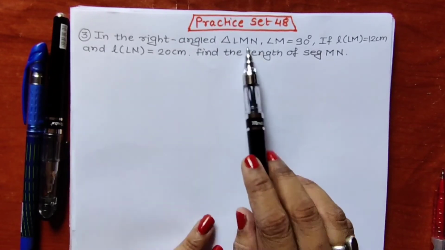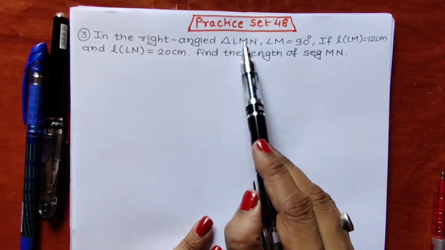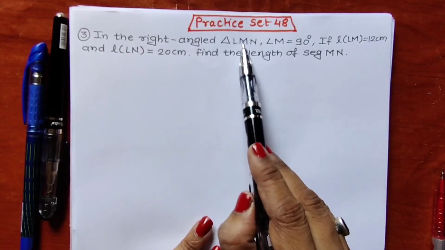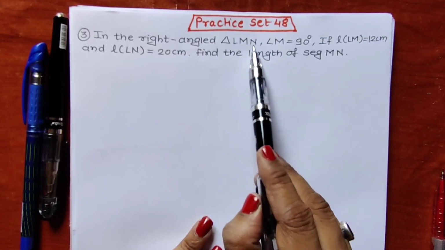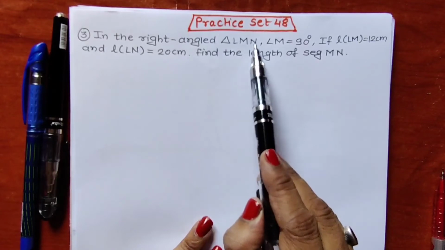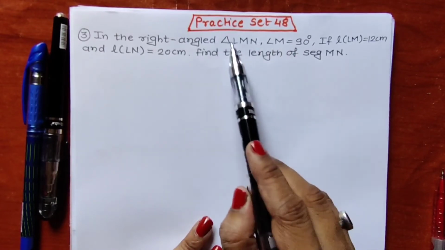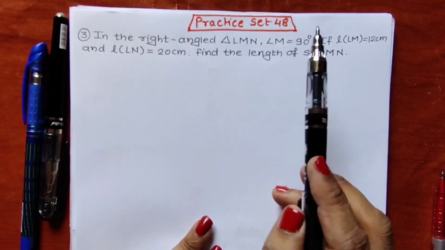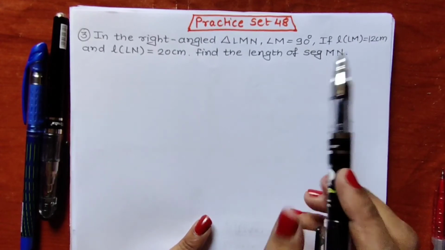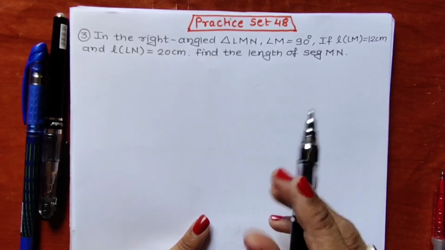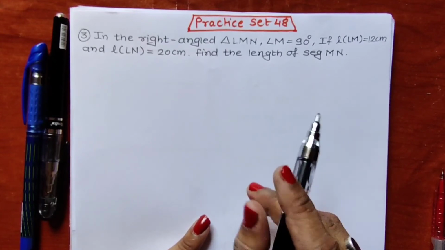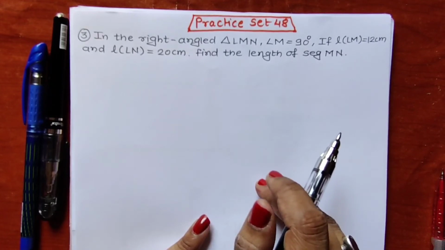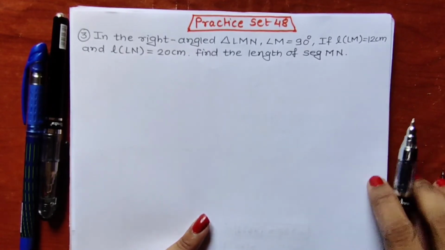In triangle LMN, this M is 90 degree. So that means what? At vertex M there is 90 degree angle. So of the remaining two vertices L and N, LN will make the hypotenuse. So from LN there will be hypotenuse, LM and MN will be base and height. So if you don't draw the diagram also, it will be okay. So without drawing diagram we can solve the sum, but here I will be showing you by drawing the diagram of right angle triangle. So let us draw the diagram.